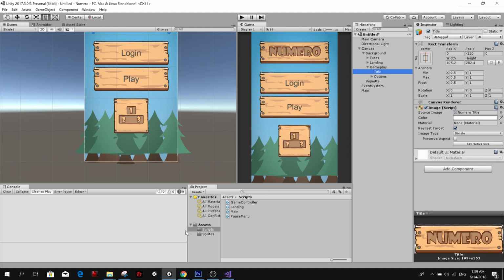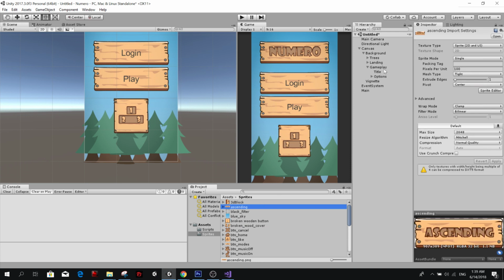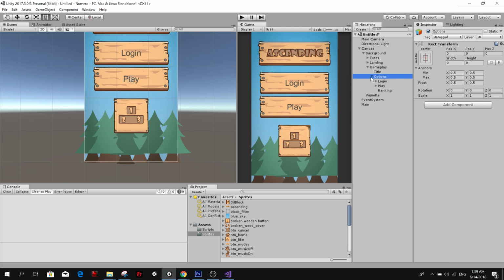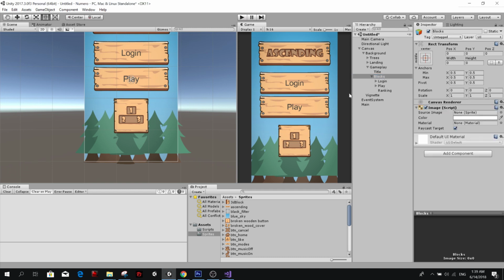The title of the gameplay would be something like ascending, set native size, and then instead of having options, we will have the blocks. Now I do need an image. I'm going to set everything later.